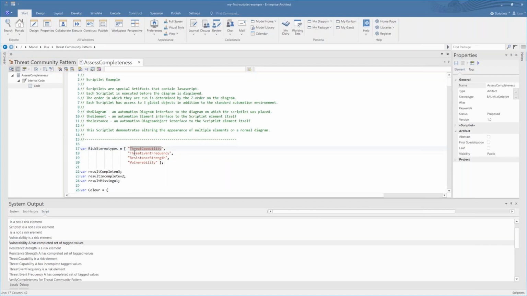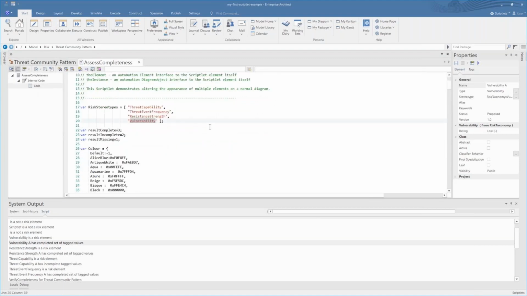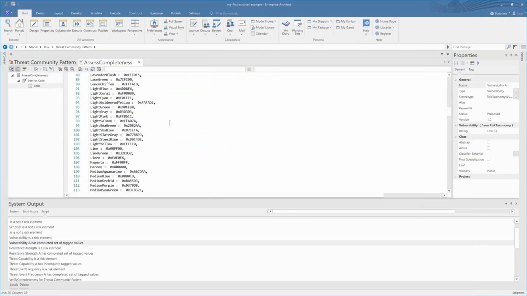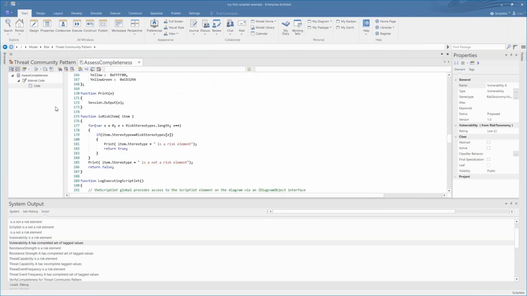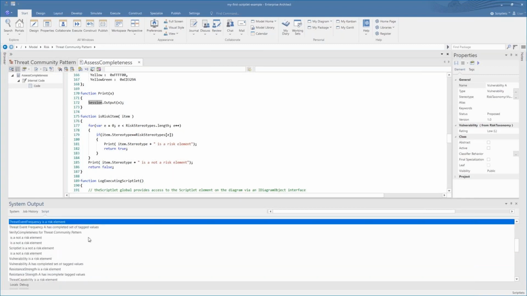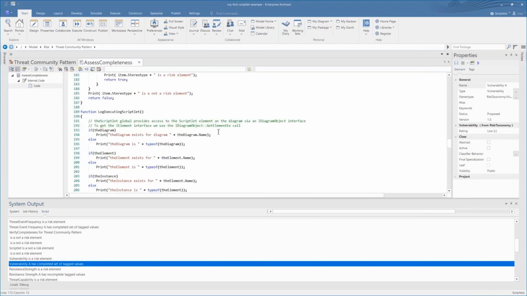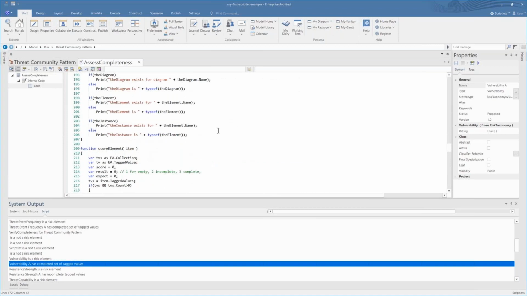Once again, we set up a variable that identifies our different risk stereotypes. We have one for threat capability, for resistance strength, and for vulnerability, and they're all listed there. We've manually defined all of our colors once again, and you can see there's a print function that prints information to session.output, and it prints X, and we fill X with the details where we say the item.stereotype is a risk element or it's not, using a very simple if statement.